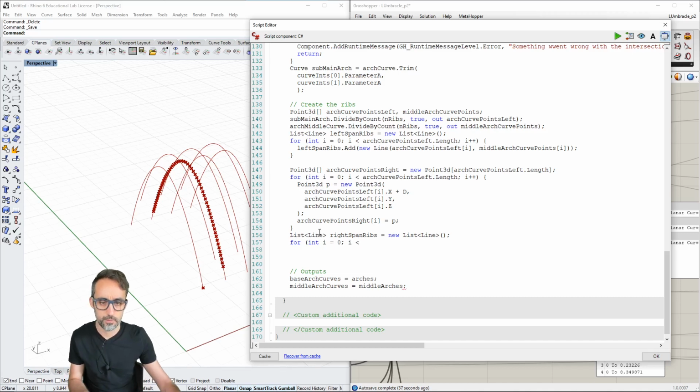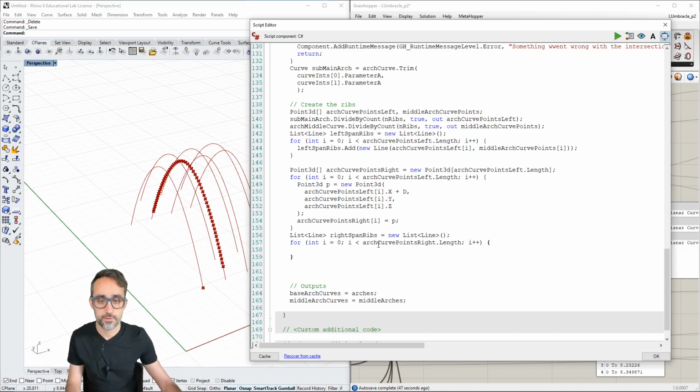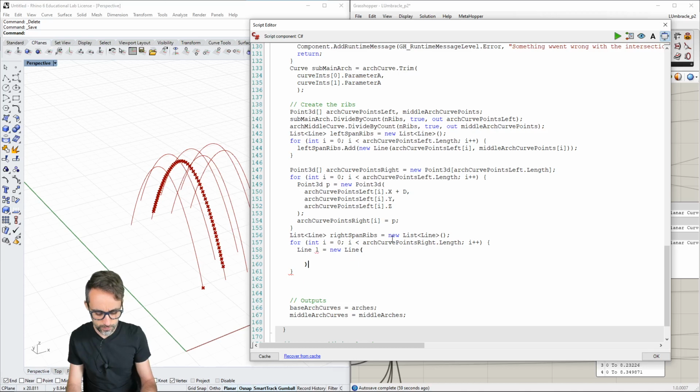So that's going to be over all the points on the right hand side, and then i++. Here I'm going to create a line. L is going to be equal to a new line between two points. Which two points are those going to be? Those are going to be first